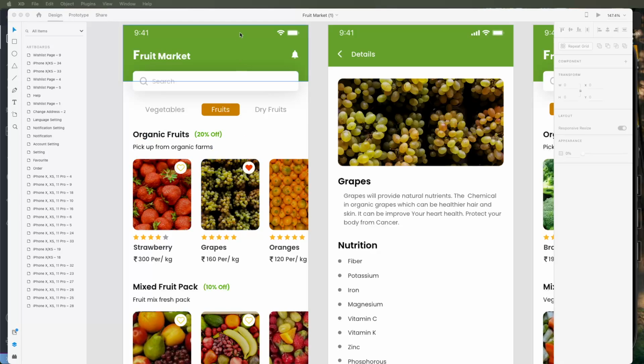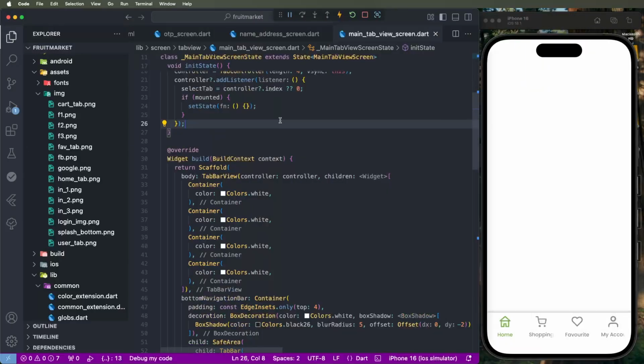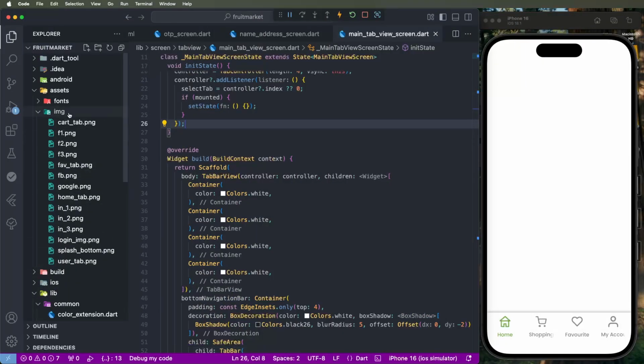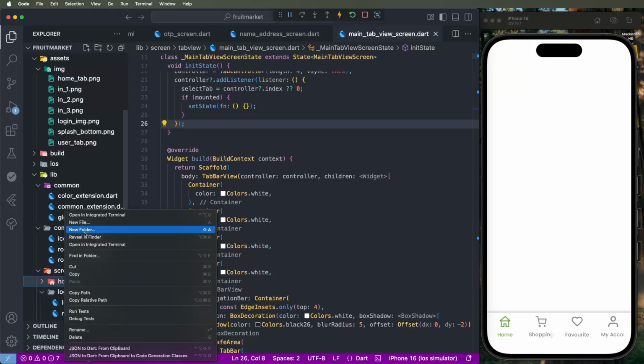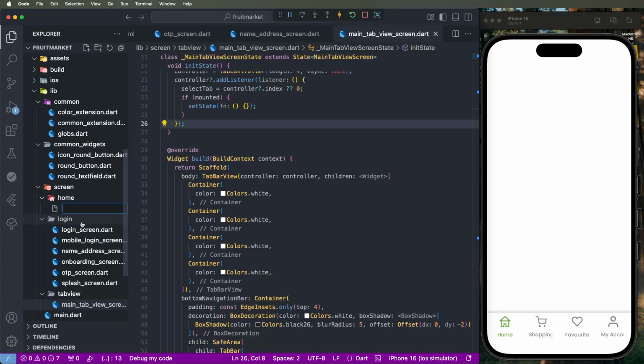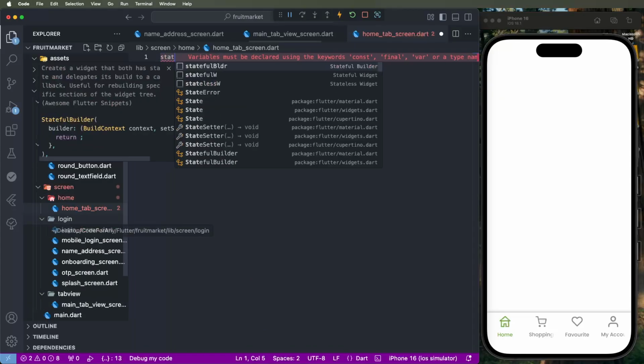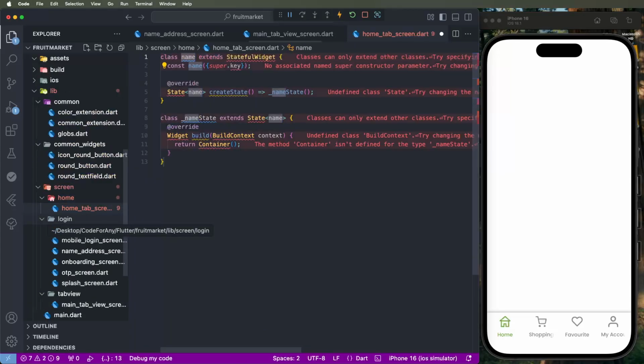Let's start writing down our UI inside Flutter. First of all, we need to make the home tab. We need to find the lib folder, then the screen folder inside it, then the home folder, and create a new file and give it the name home_tab_screen.dart like this. Need to write down the name and create a stateful widget, and give it the name